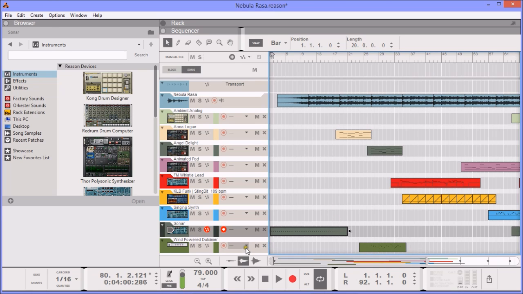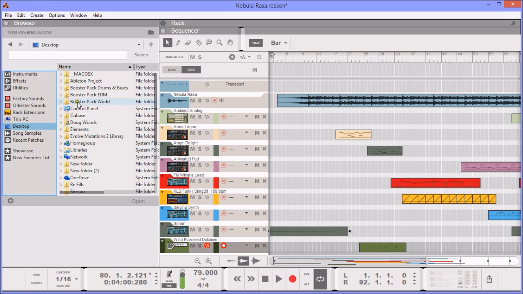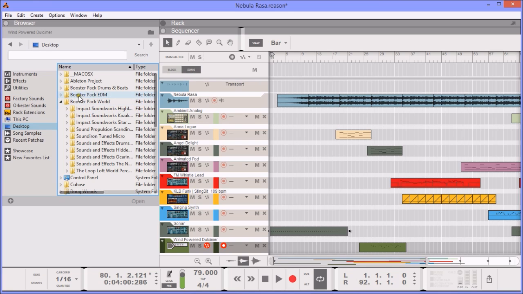And I think this wind powered dulcimer was from the World Booster Pack. So I got the 3 packs of booster packs. It was really, really brilliant. It's €25 each pack. Brilliant. World Booster Pack, and that was from the Impact Soundworks.